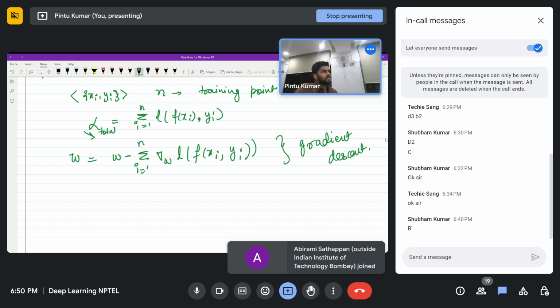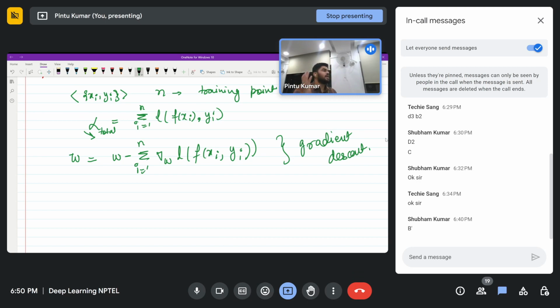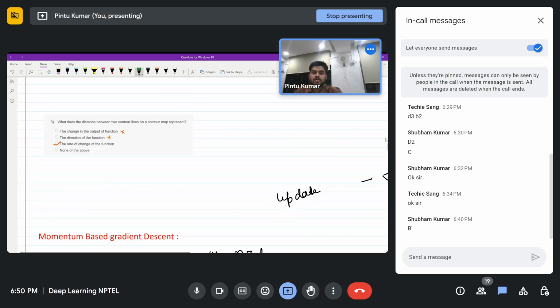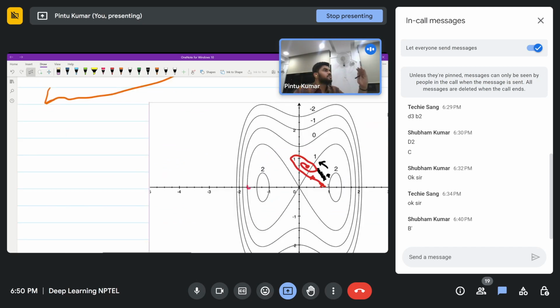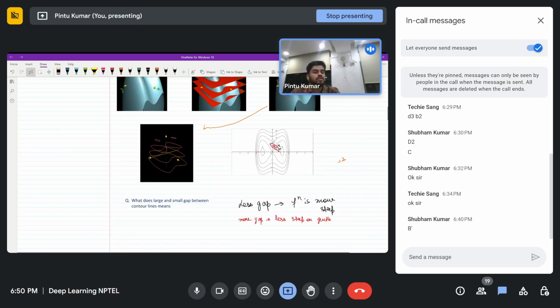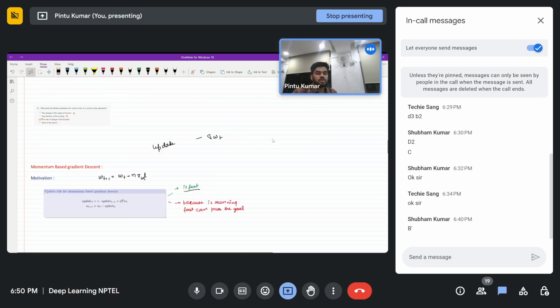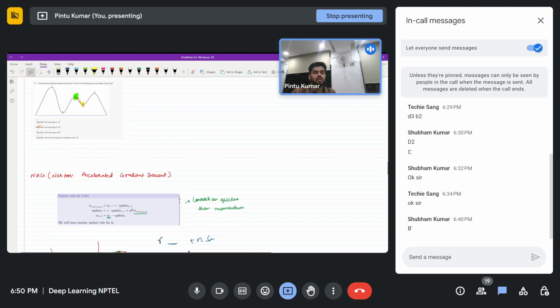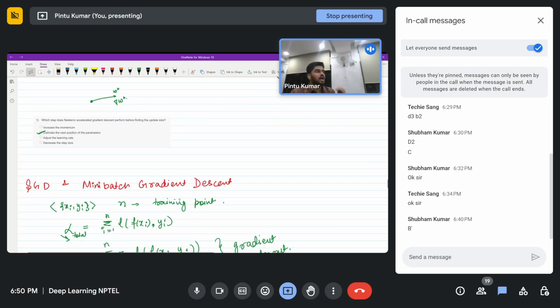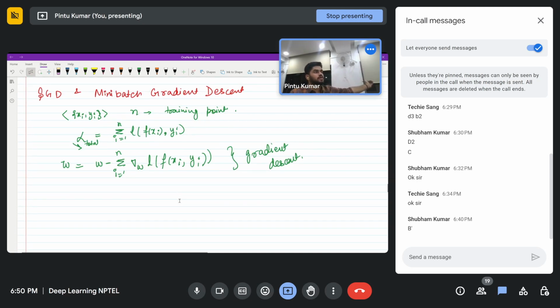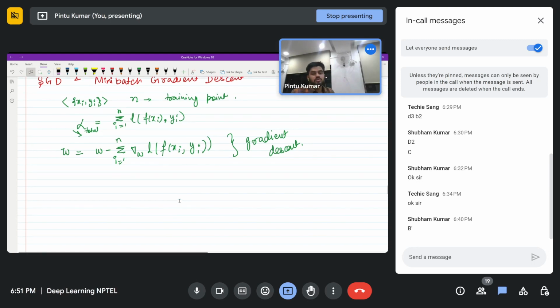Now the problem with this particular method is that if you have many points, then to take even one step, you will have to go through all the data points, calculate their gradients, take their sum, and only then take one step. And if you fall in some area where the steepness is gentle, you will have to take, let's say, 1,000 steps to cross that. Then going over all the points 1,000 times would become very compute heavy. So what we do is,